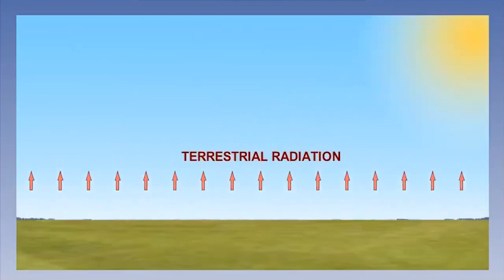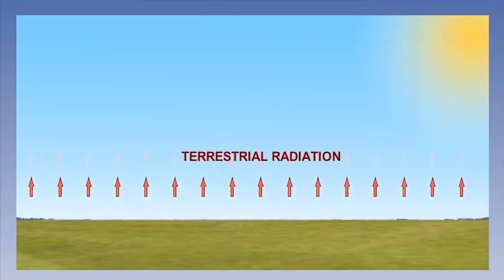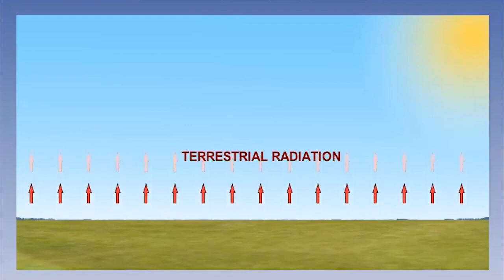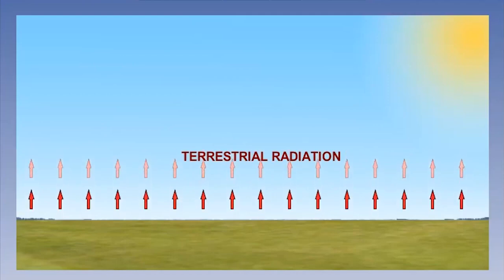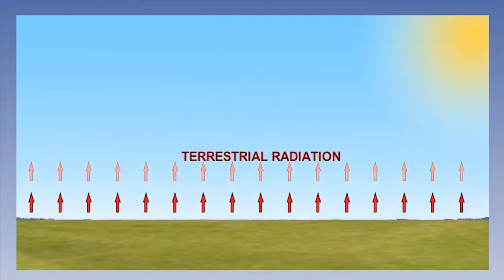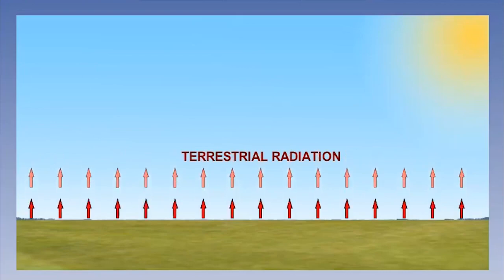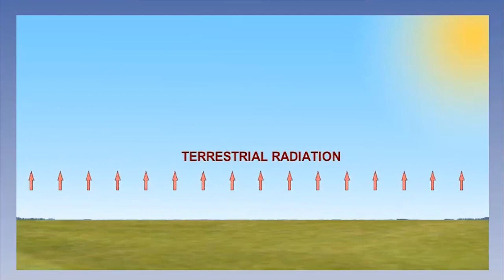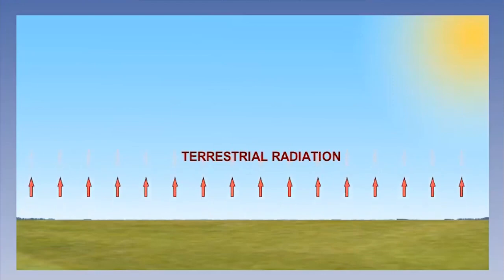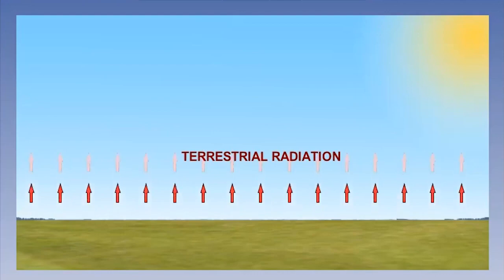The Earth continually radiates energy that it has previously absorbed. It is a relatively long-wave radiation between 4 and 80 microns. The radiation that is emitted warms the air above the Earth's surface. Apart from the ozone layer high in the atmosphere, which we shall look at later, this is the only source of heat energy for the atmosphere, and explains why temperature falls with height. Hence, the atmosphere is primarily heated from below, not from above. The Earth is the atmosphere's main energy source, not the Sun.